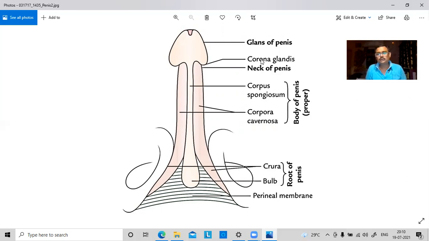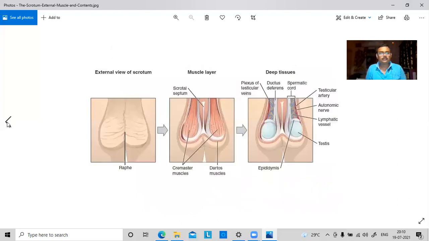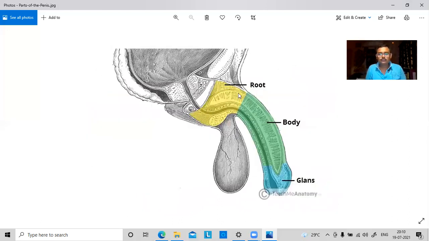Now, this portion is called the corona glandis. This is the neck of the penis. Okay, so this diagram clears the doubt. This is the diagram which shows you that this portion is the root of the penis, and you can see the prostatic urethra continues as the penile urethra. Here, see the perineal membrane, and on the superior aspect of the bulb of the penis, it then enters within the corpus spongiosum, right? And this diagram is about the root and the body of the penis I have discussed in the